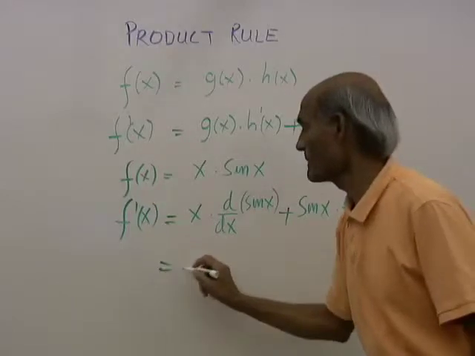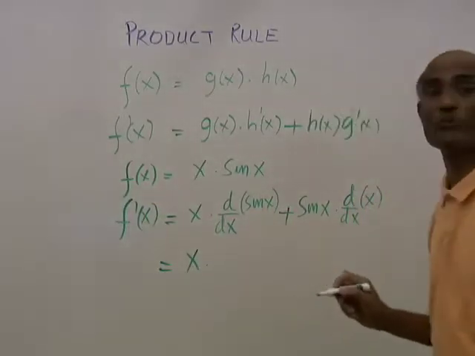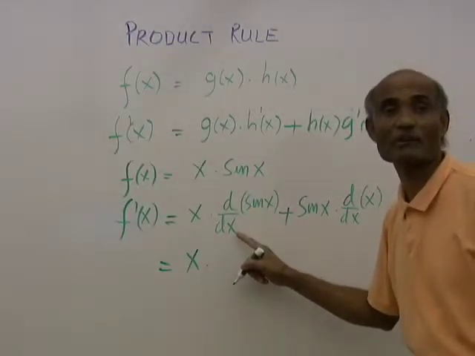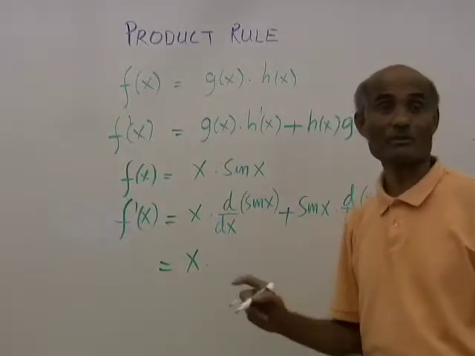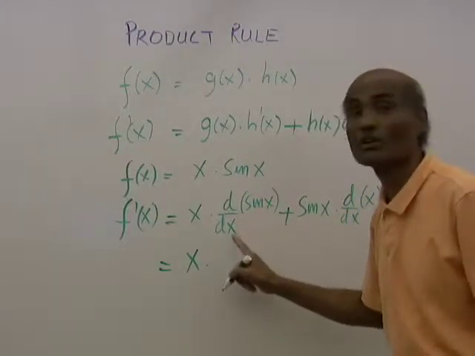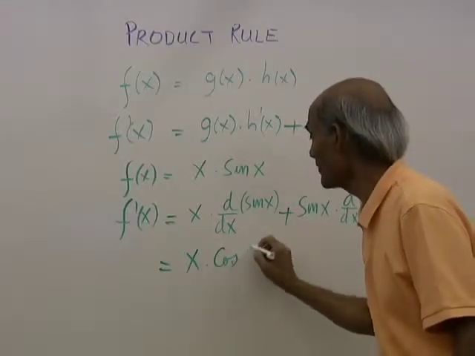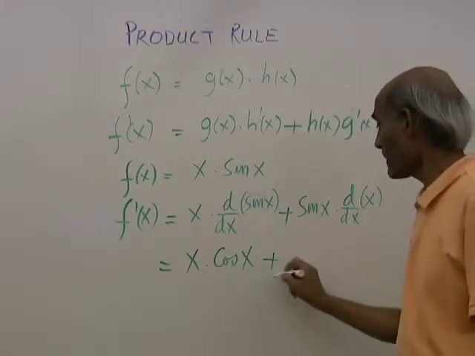Alright, now tell me, that will be x multiplied by, what is the derivative of sine x with respect to x? Well, that's something that you should know. The derivative of sine x with respect to x is cosine of x. So that will be x times cos x plus